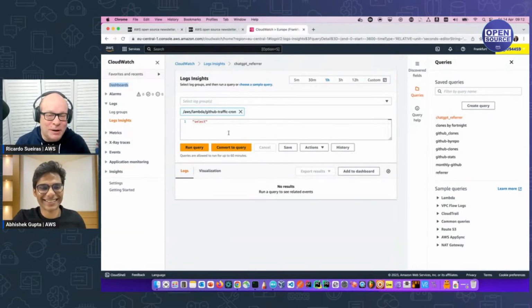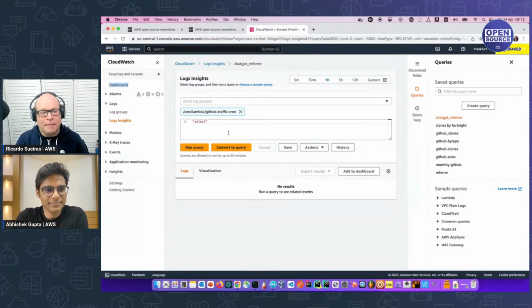We were talking before we went on air that I have a number of GitHub repos, and what I do is I have a Lambda function that runs every day, and it captures the information and stores it in CloudWatch as my data warehouse, right? So I've got all this data about views, clones, referrers, and I'm taking it from the GitHub API. Now GitHub only keeps it for 14 days. That's why I'm doing this, right?